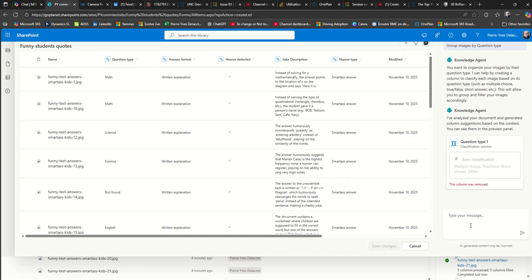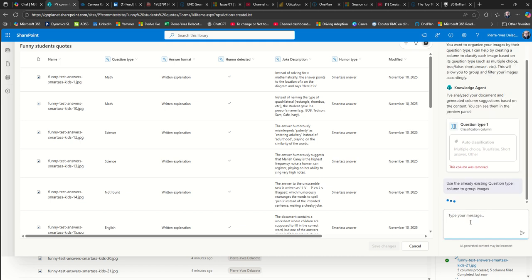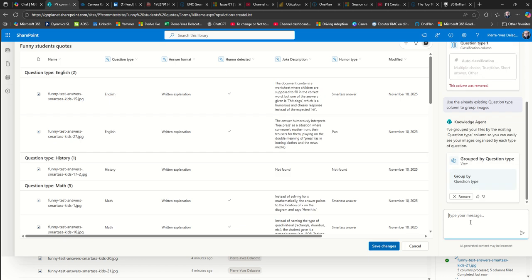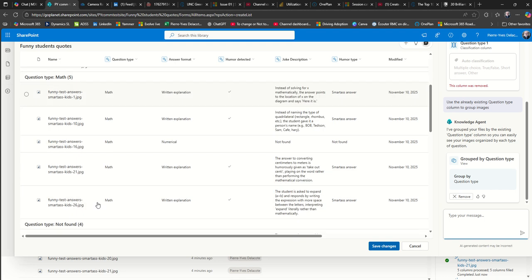So I'm going to remove this. Now, use the already existing question type column to group images. But you can see, even if it's this, I'm not sure if it's going to work. Oh yeah, it worked. So now I have question type organized for English, history, math, and I didn't have to